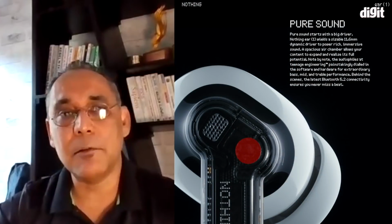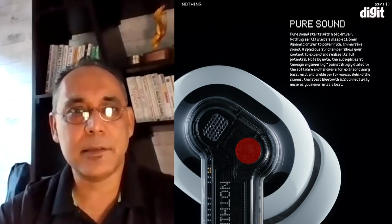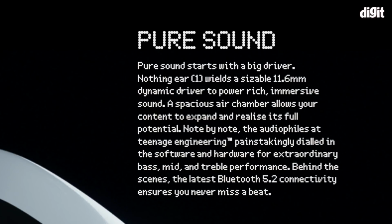Second is around the sound side. We wanted to not be in the spec race. There are other brands who would want to give very big drivers, but you compromise on the size, which means increasing the weight, and also it takes more power without really adding any value in terms of the quality of sound. So it is perfectly balanced in terms of sound, and then we have expertly tuned